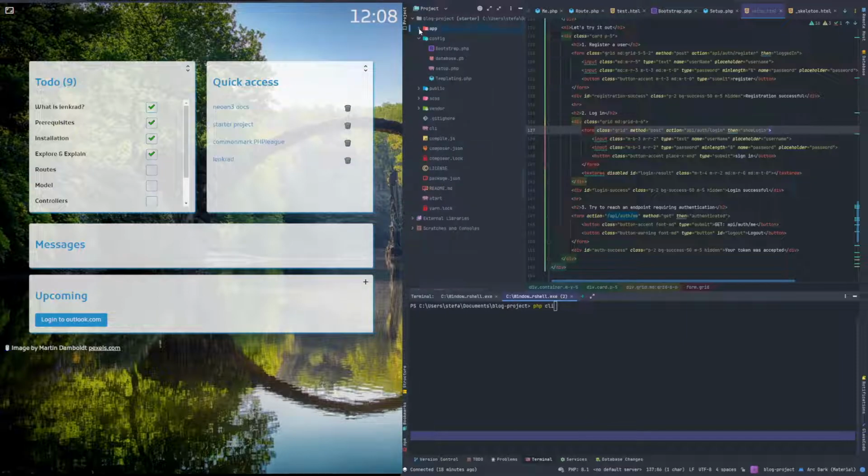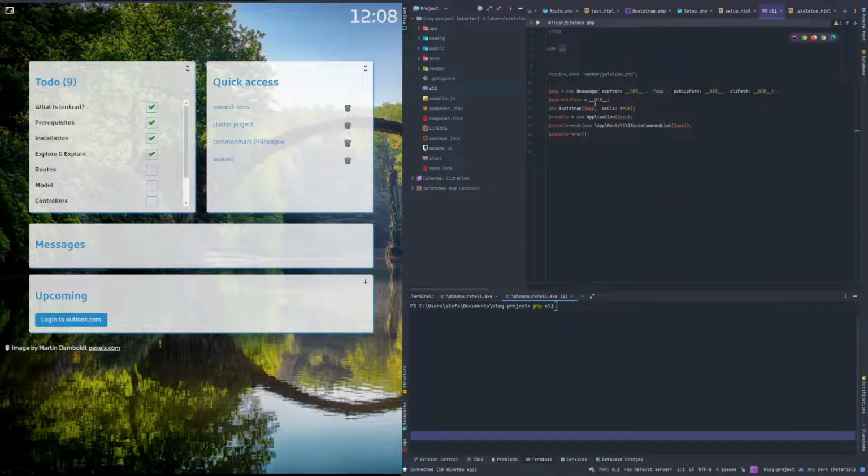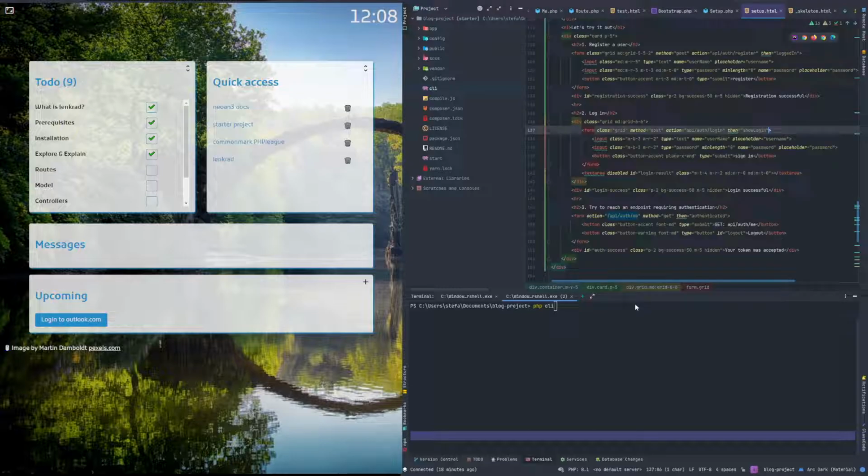So the reason this works, just to be sure, is that there's this simple CLI script here that doesn't do much, right? As you can see, it's basically loading it with a little bit of a different setup than the index, and runs this then as a CLI command. We can write our own CLI commands, by the way. This is just based on the Symfony console, but we're good now, and we're going to say PHP CLI